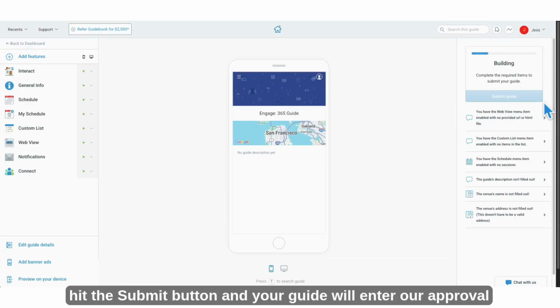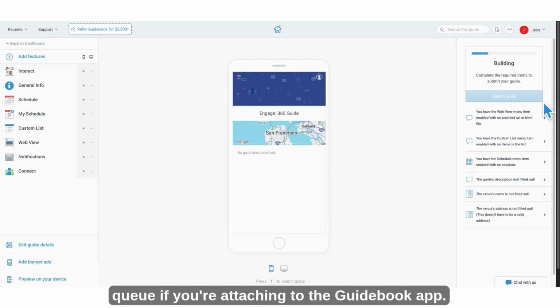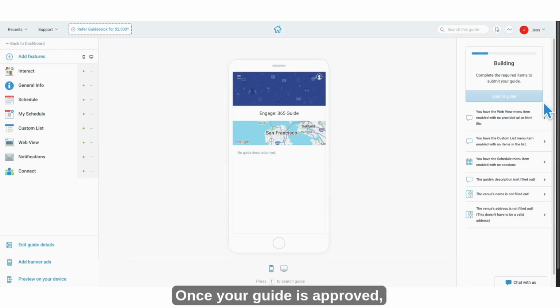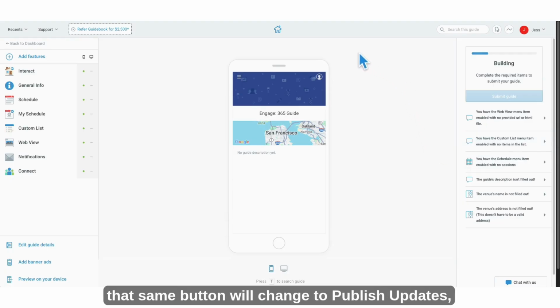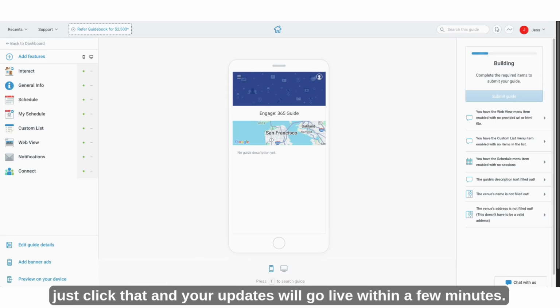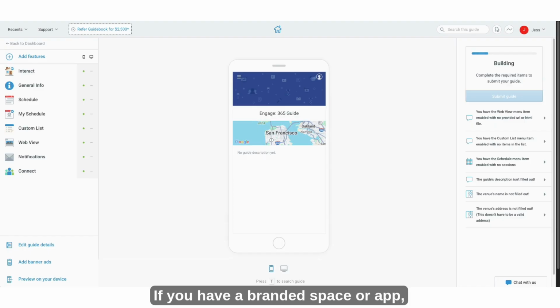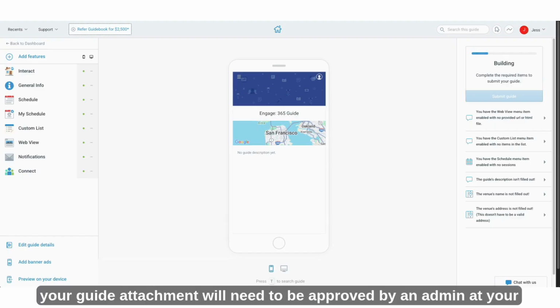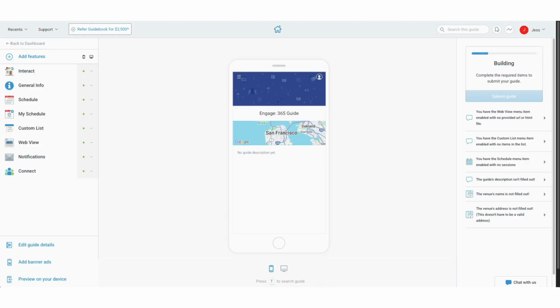the Submit button, and your guide will enter our approval queue if you're attaching to the Guidebook app. Once your guide is approved, that same button will change to Publish Updates, so whenever you make changes, just click that, and your updates will go live within a few minutes. If you have a branded space or app, your guide attachment will need to be approved by an admin at